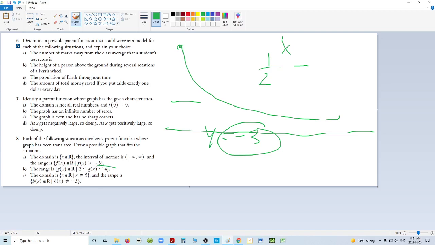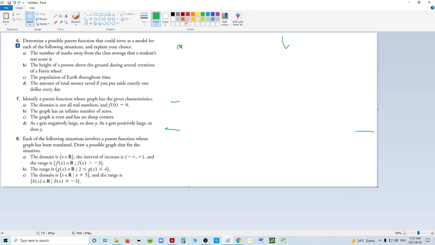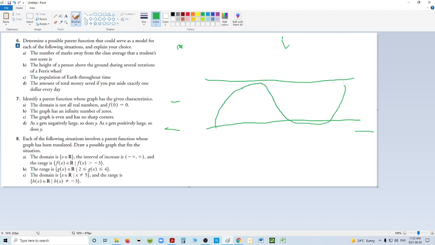The range of g of x is any real number such that it's limited to this. Well, that could be a sine curve who's been stretched and raised by 1. So this means it never goes below 2, but it equals 2. It never goes above 4, but equals 4. So here's a sine curve. If it goes up to 4 and down to 2,